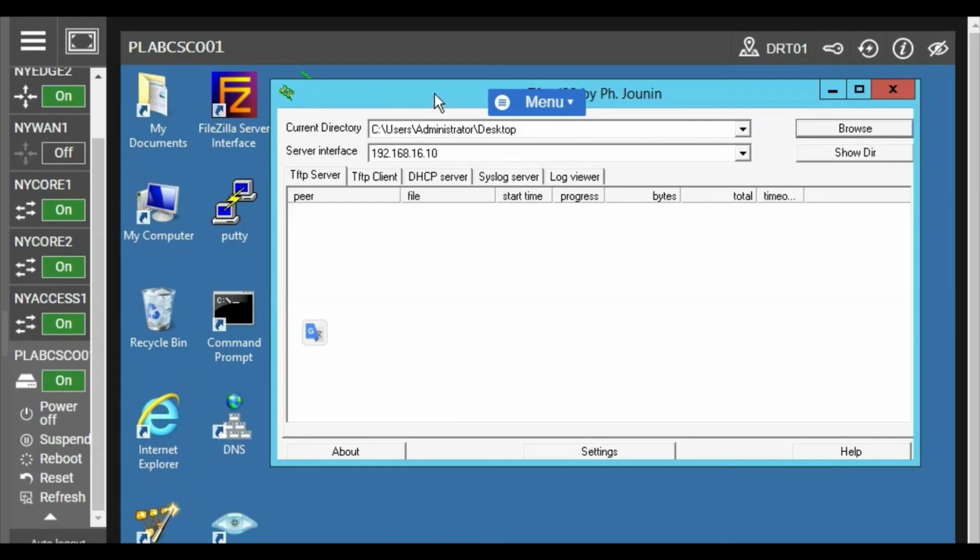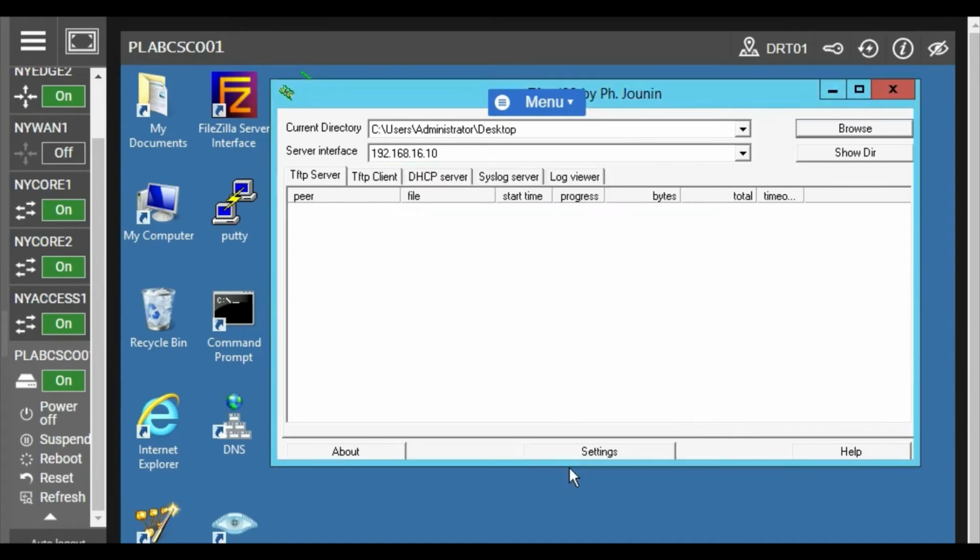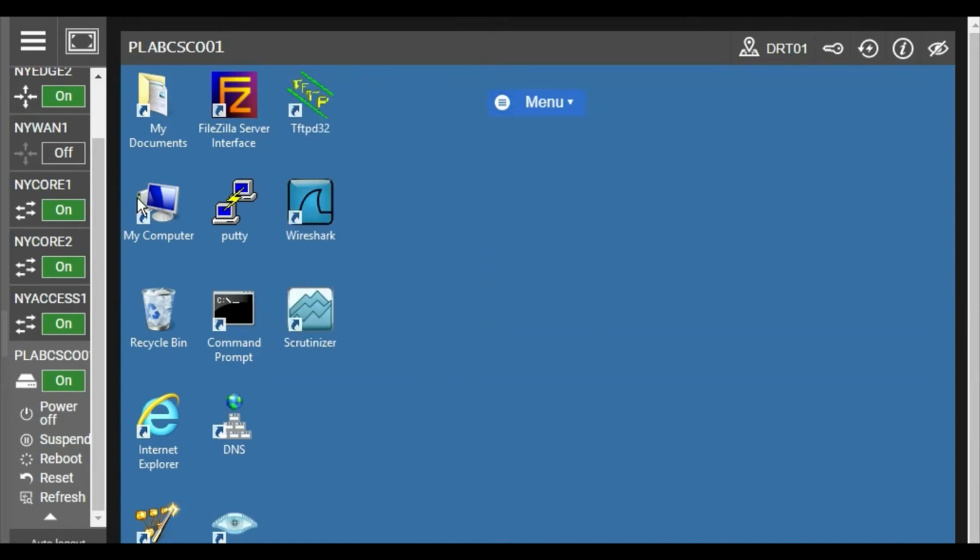It is already installed, and you can see, make sure you have browsed to a designated directory so that you can find your files easily where you have kept your backup file. So I have browsed to it and made it the desktop so that any configuration backup will be on the desktop itself.